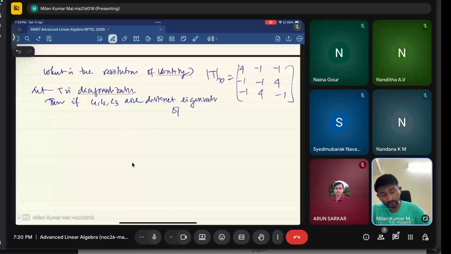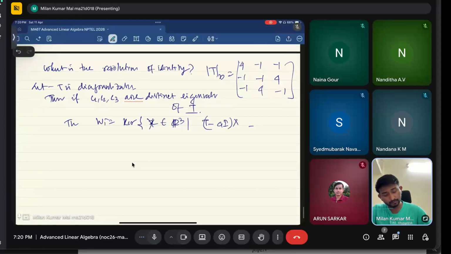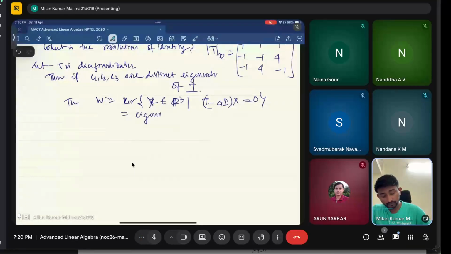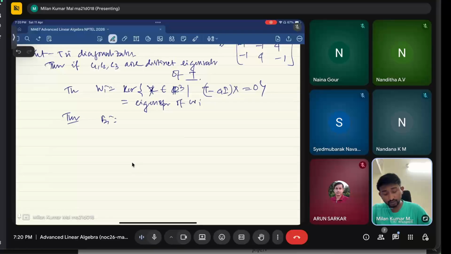Of the operator T. Then let Wi be the eigenspace, that is, the kernel: all those vectors x in C3 or R3 such that (T minus CiI)(x) equals 0. That is the eigenspace Wi. If Ei is the orthogonal projection from V to Wi,